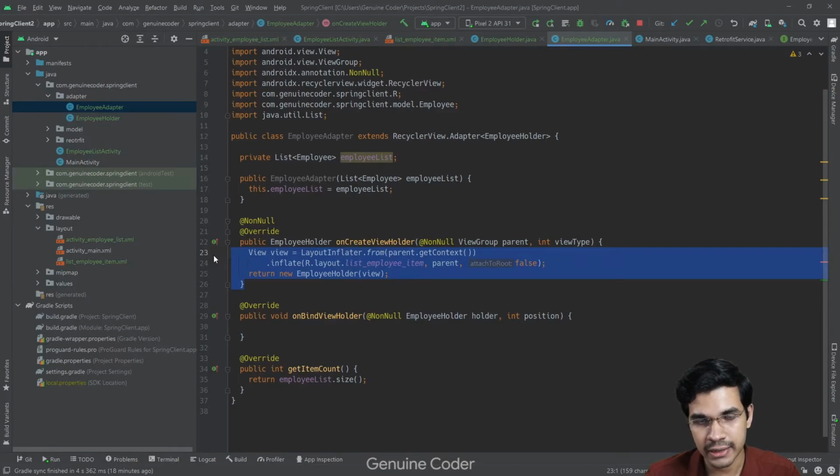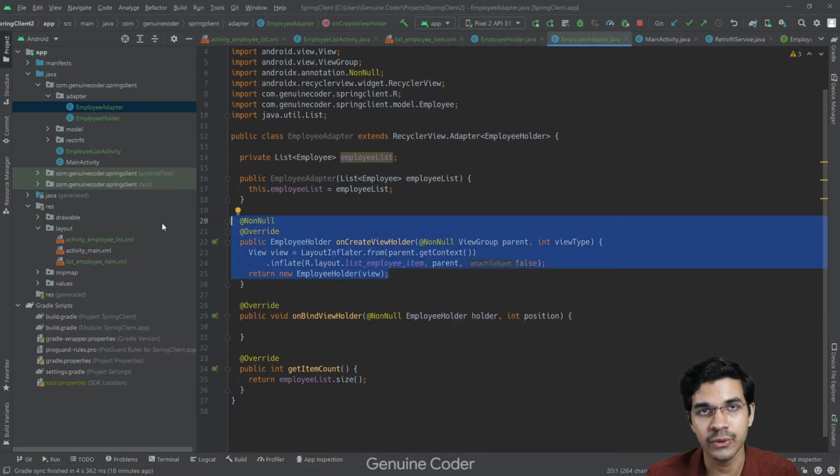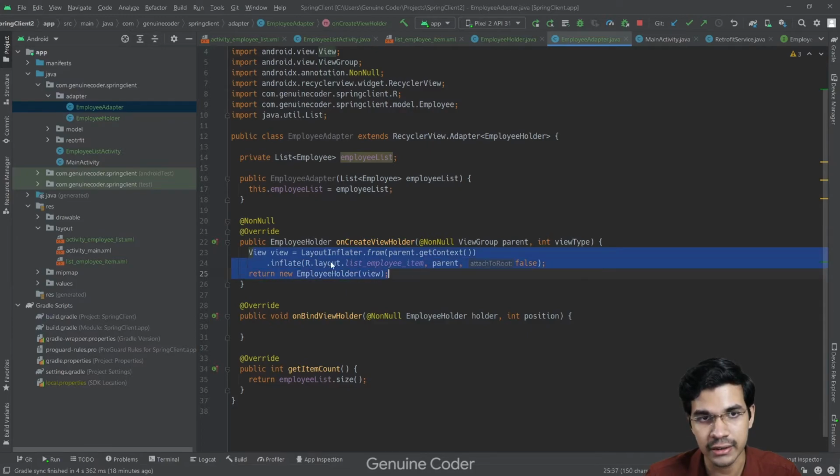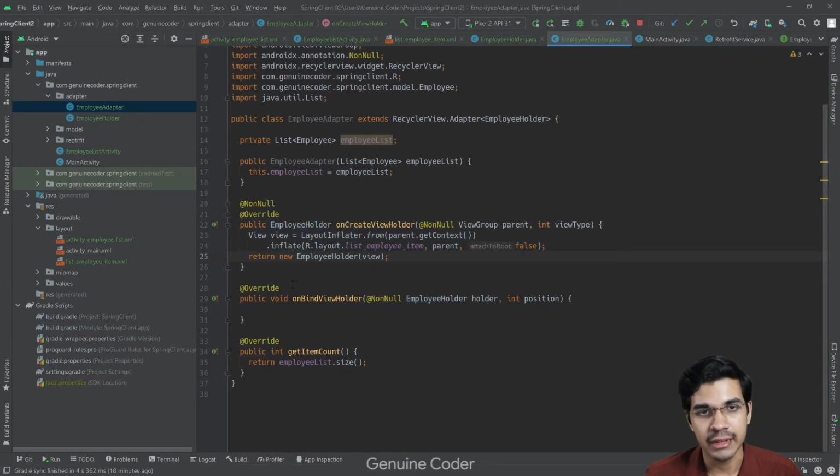So what will happen here is, if there are six employees, this function will be executed 6 times, and a view holder, employee holder, will be created for them. Okay, that is how it happens. And in the on bind view holder, we have to do the next steps. Here we got the holder object, we also got the information on the position,